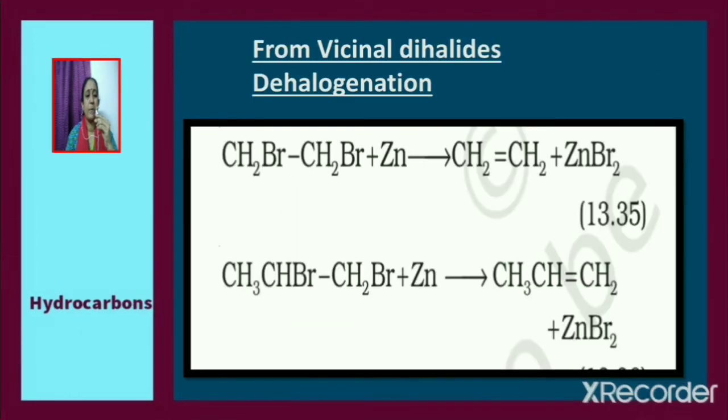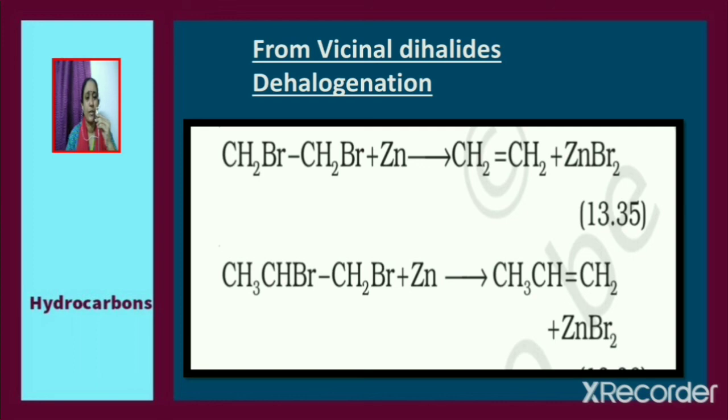Alkenes can also be prepared from vicinal dihalides by dehalogenation. Consider CH2BrCH2Br. The compound is 1,2-dibromoethane. When treated with zinc, dehalogenation takes place. It results in the formation of ethene, CH2 double bond CH2, and zinc bromide. Now consider another vicinal dihalide, CH3CHBrCH2Br, which is 1,2-dibromopropane. When treated with zinc, dehalogenation takes place and it gives the alkene propene, CH3CH double bond CH2, along with